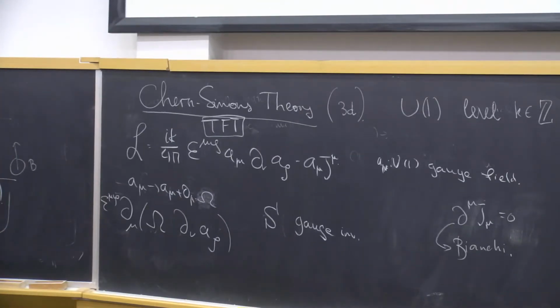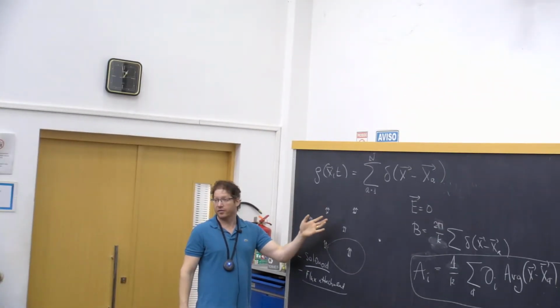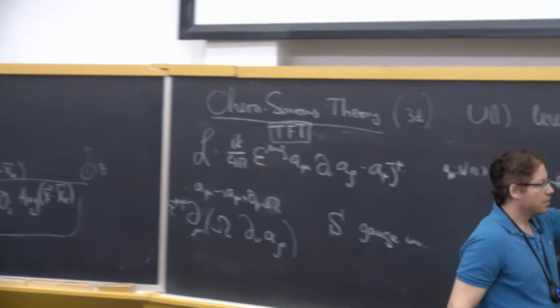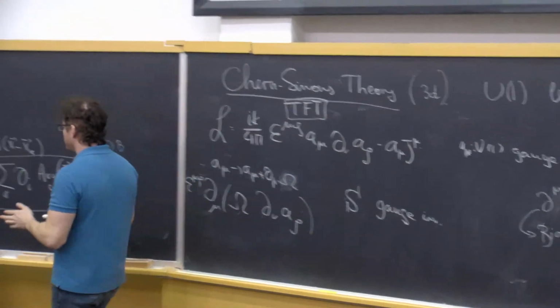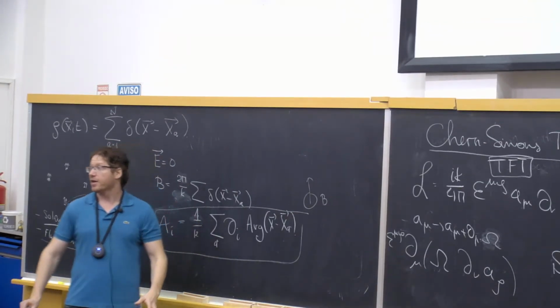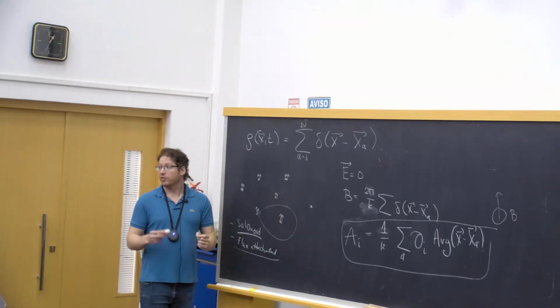you see, you might have thought that this theory is completely trivial in the infrared, because these particles are heavy, and the electric and magnetic fields do not spread anywhere in space. So you could ask, why am I even discussing this theory at long distances? The point is that this theory has non-trivial long-distance behavior, which is captured by these Aharonov-Bohm phases. So unlike ordinary quantum field theories, which you might have seen before, where the long-distance behavior is captured by correlation functions or by conformal field theory or by massless particles, here the long-distance physics has to do with Aharonov-Bohm phases between anions.